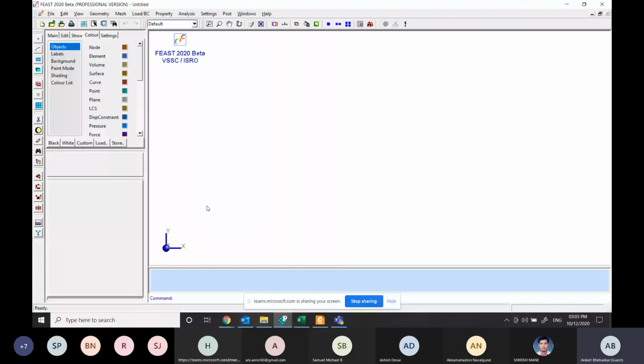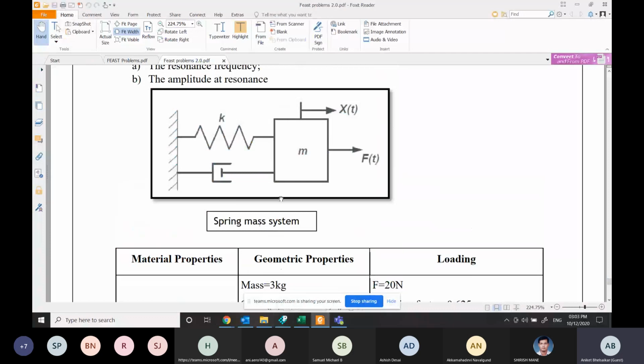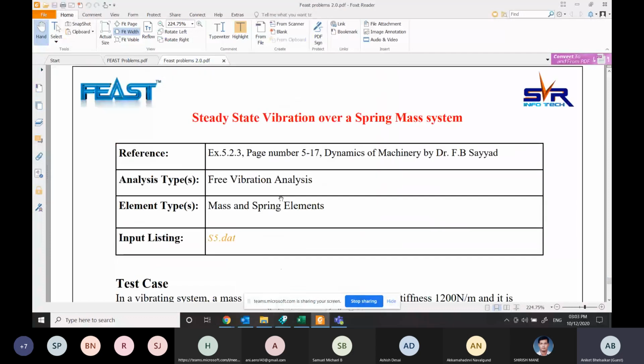And in this session, we are going to see how we can perform the frequency response analysis on the spring mass system, which is the idealization of this robotic manipulator.